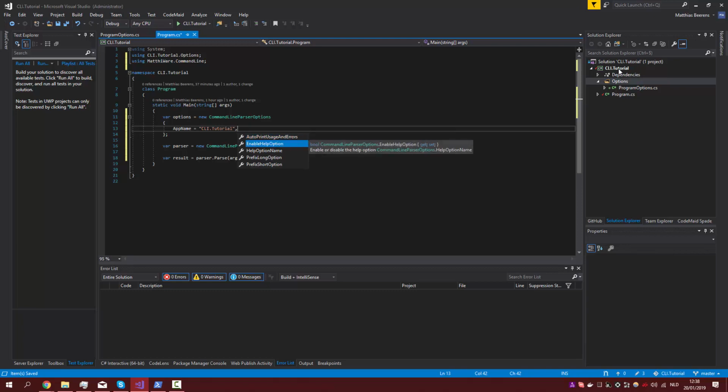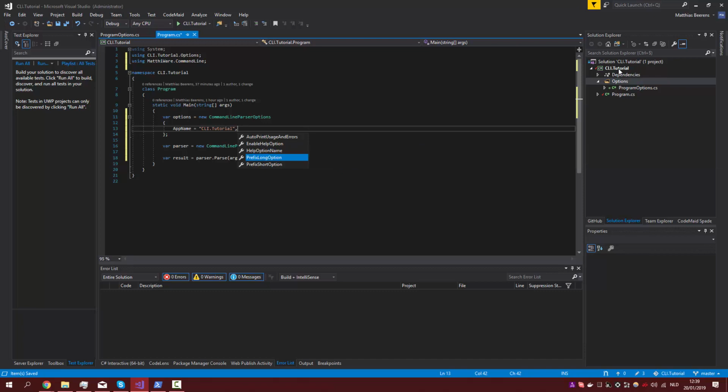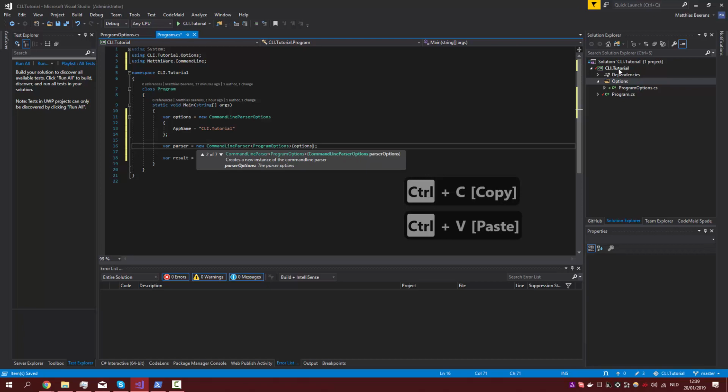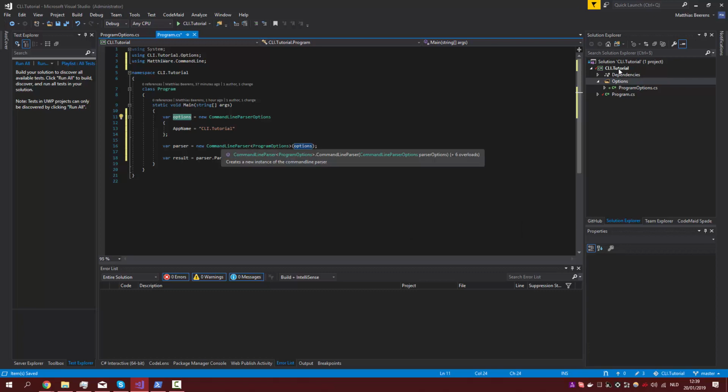You can enable or disable the help options. You can specify the help option name with the appropriate format, and you can also choose alternative prefixes, but I'm not going to use those. So you can just give those options to the constructor of the command line parser. So now we have our results,